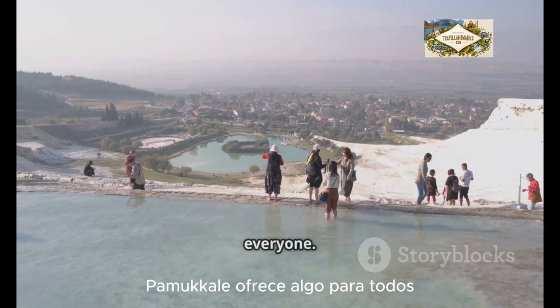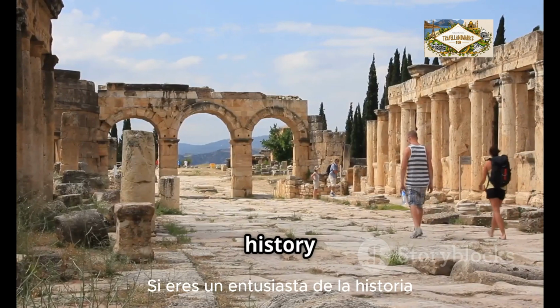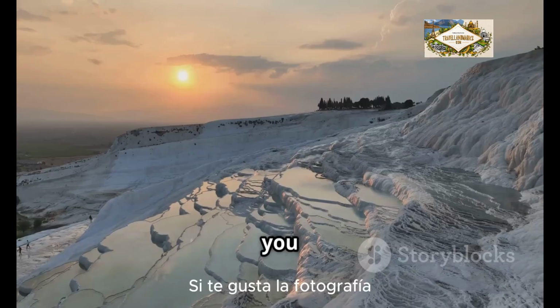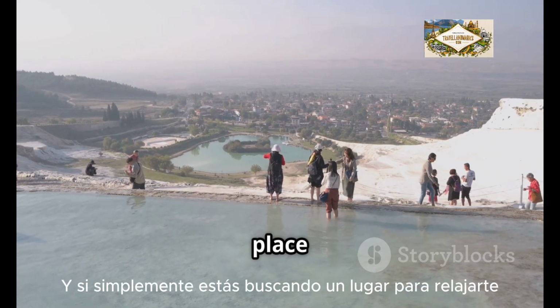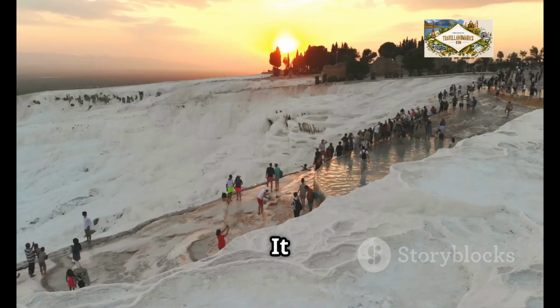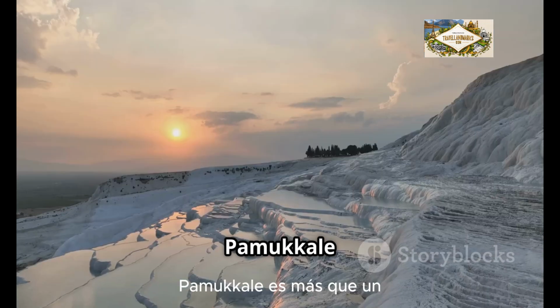Pamukkale offers something for everyone. If you love nature, you will be in awe of the Travertine formations. If you are a history enthusiast, Hierapolis will transport you back in time. If you enjoy photography, you will find endless stunning scenes to capture. And if you are simply looking for a place to relax and rejuvenate, the thermal pools are perfect. It is a destination that appeals to many different interests. It guarantees a memorable trip for all kinds of travelers. Pamukkale is more than just a